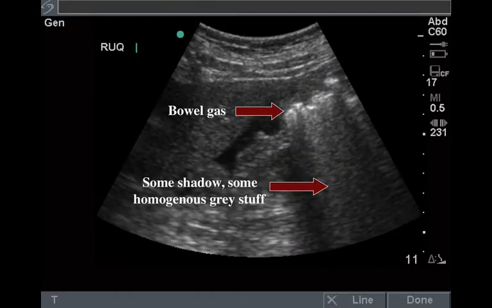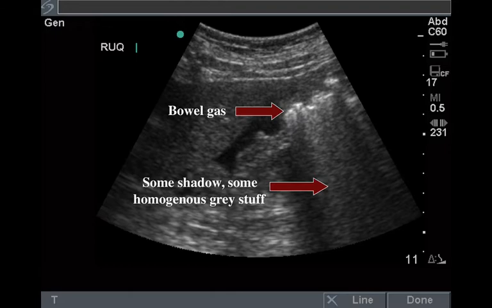Here we've got a longitudinal image taken with a curvilinear transducer further down into the abdomen, and you can see bowel gas. Now bowel gas is obviously in intestines, and I tend to think of it looking like cumulus clouds with the shadowing being rain behind. So you can see the arrow pointing to the bowel gas where you're getting a bright reflection, and behind that